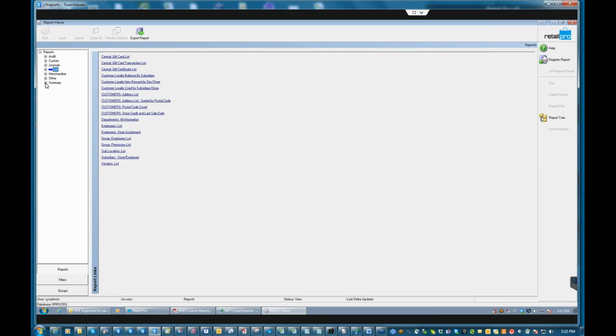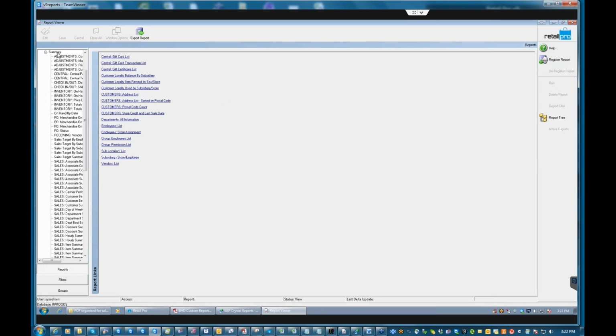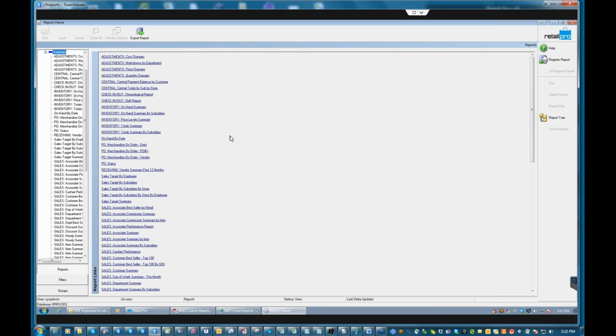okay, are the summary reports, right? So if I open the summary reports, you see a huge list of summary reports. And these are reports that come with Retail Pro, again, and they're summarizing at various levels of detail one, what we call data element, right? And the data element can be sales, which is most commonly here. It can be inventory